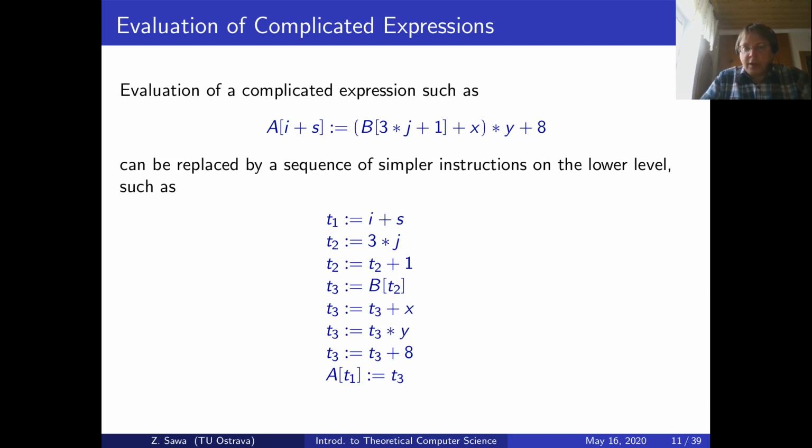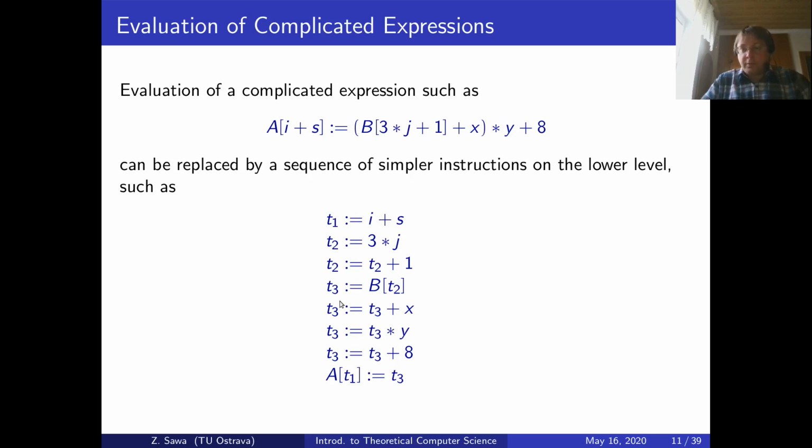If we wanted, we could decompose them into elementary operations where every instruction contains just one operation, maybe some arithmetic operation, like access to an element of an array, and so on. So let's say we have such instructions in a high-level programming language. Of course it may require